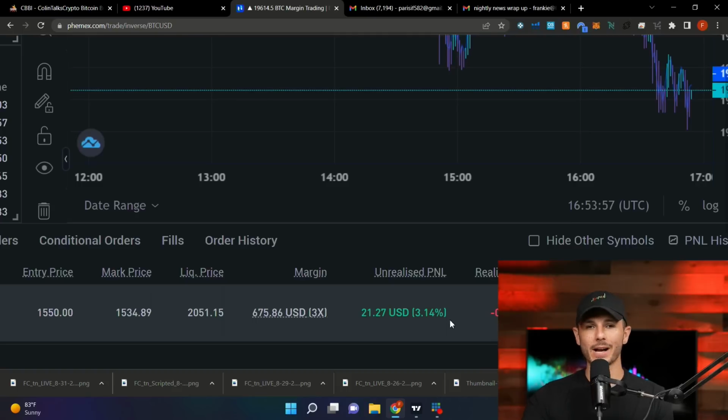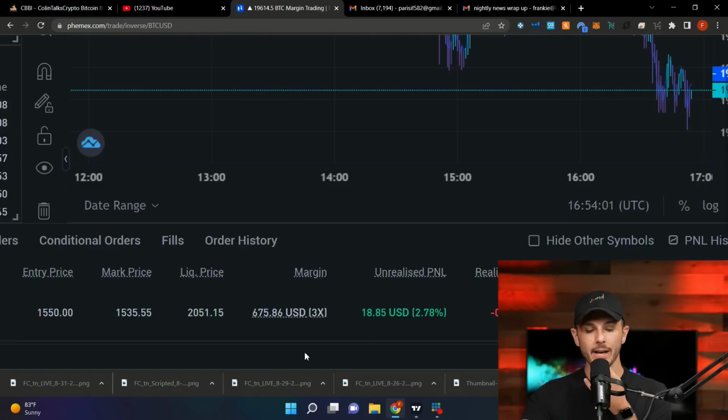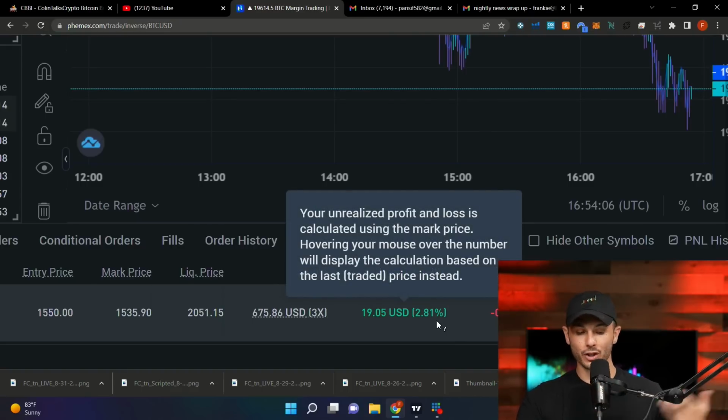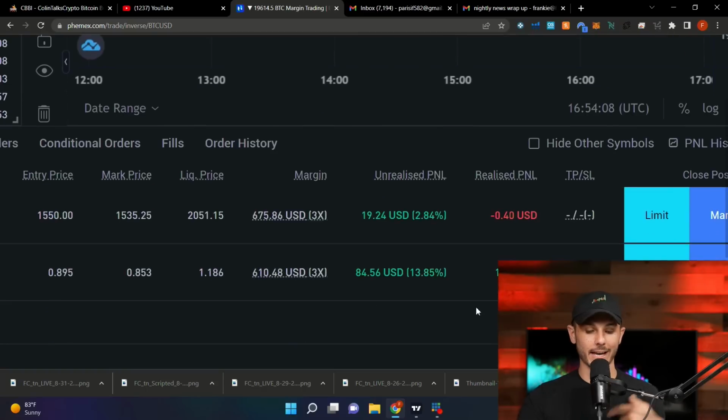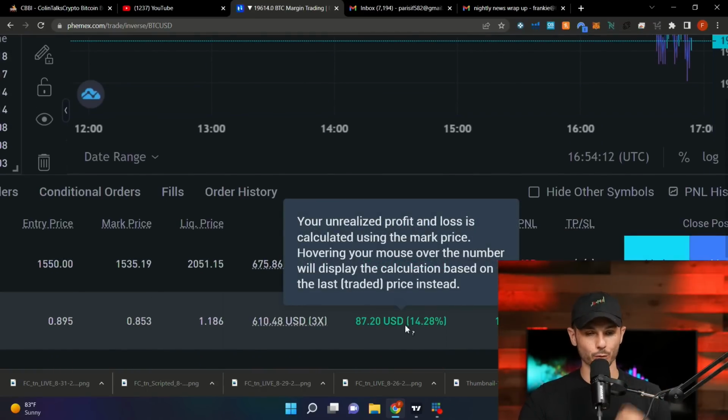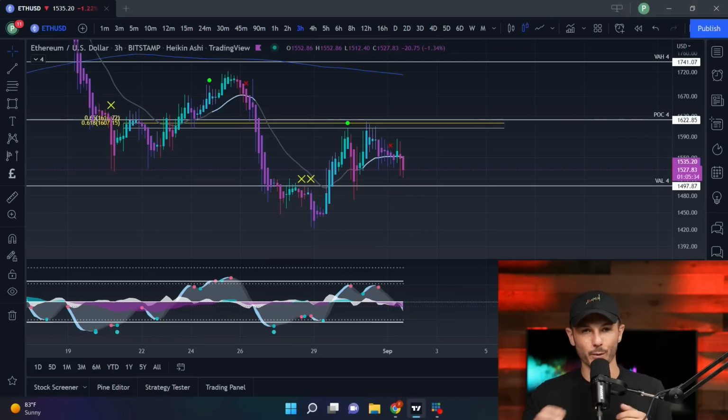And just to update you guys on my open positions, I am in an Ethereum scalp short here, up about 3%. So we're just getting started here. And I am also in a Matic short as well, up about 14% at the time of this recording. So I know you guys like to see the trades, so I figured I'd just let you know my open positions at this moment. So probably going to be locking in gains on those shorts here pretty shortly, no pun